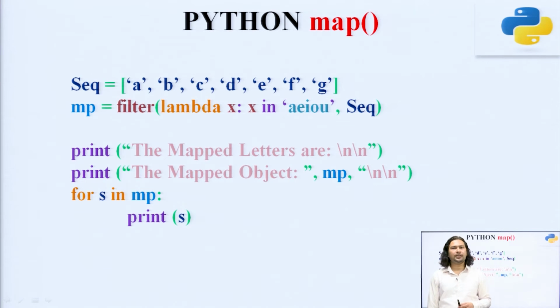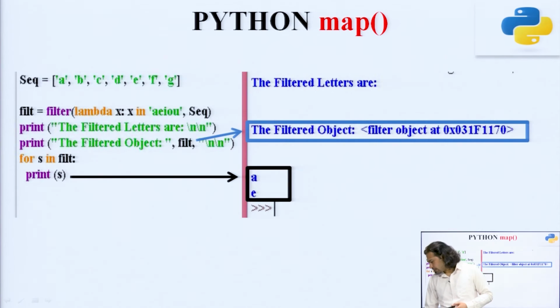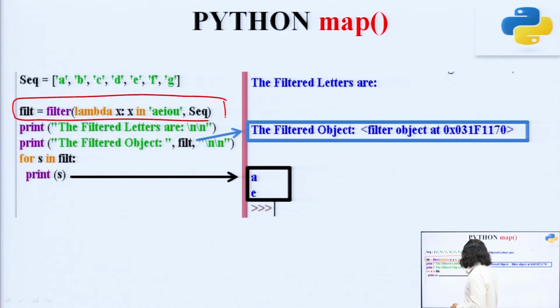Now, again you can see the use of the lambda function. In the lambda function you can see that the code is totally reduced again to a single line, but the output remains the same because we are using the map function. In the map function the information is always retained in the form of true and false. If we have 20 elements, the 20 true or false statements are laid inside the mapped object. So, here you can see the difference, that just the code becomes short, otherwise the output remains the same, that in filter object